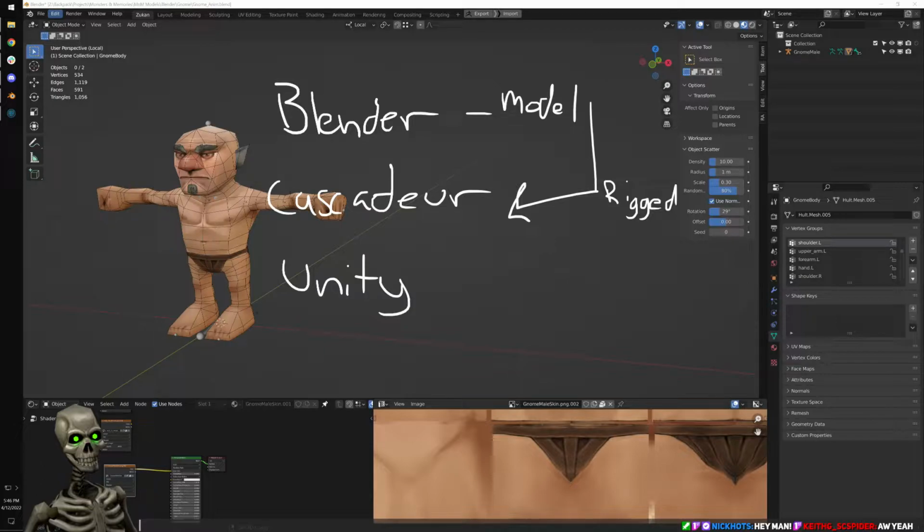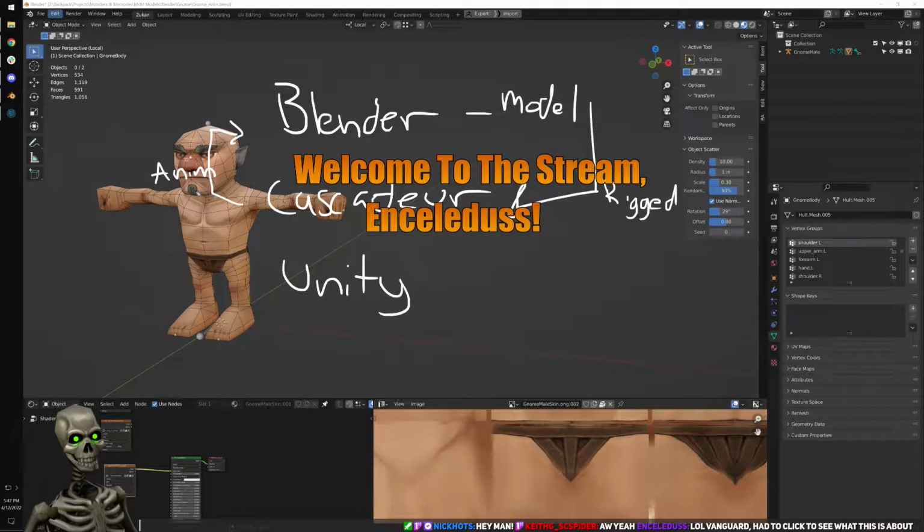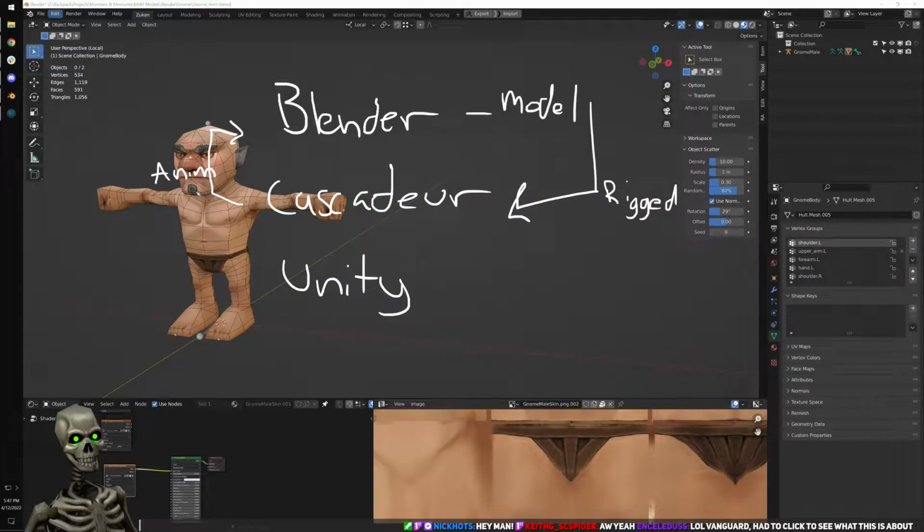redo this here a sec. So when it's animated, then I actually want to go back into Blender so that we can condense everything, and I can do a little bit of cleanup in Blender, because Cascadeur does a good job of getting it there, but there are some little things that could be cleaned up, and it would just be easier to do there. And it also lets us bundle